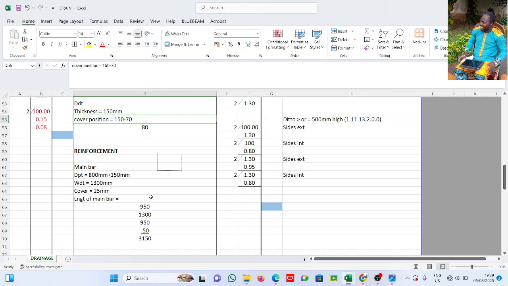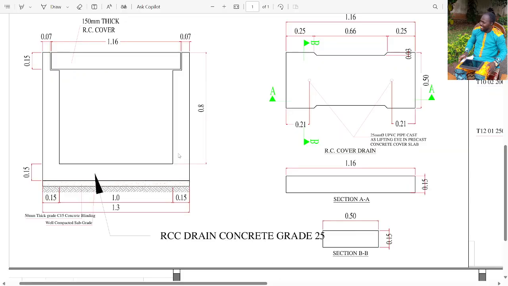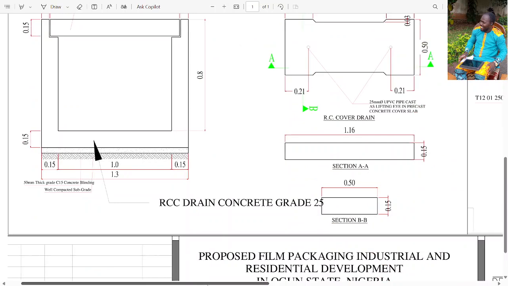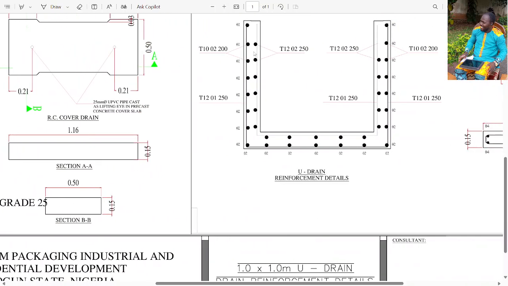right? So firstly, we need to do reinforcement for the main bars and then the runners. Some people separate it, they do base and then they do wall, whichever way you want to go about it. You do it for the main bars and then the runners. Now the main bars is the U part, see I showed us before. These are the main bars. The one that forms the U is the main bar, while the other one that runs through the length is called the distribution bars. They're also called runners,